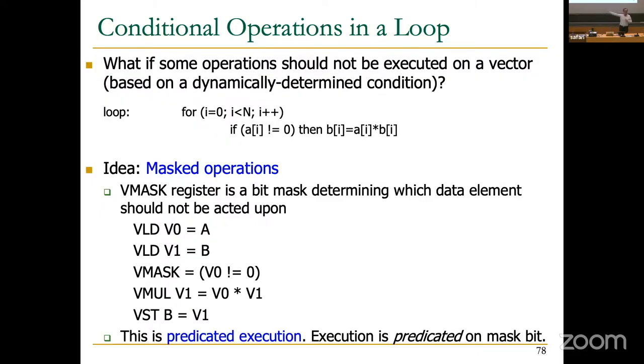It's all data flow, right? It's all dependent on the vector mask register. So this is beautiful, and this is where predicate execution has been extremely successful. Execution is really predicated on the mask bit. If the mask bit is 1,